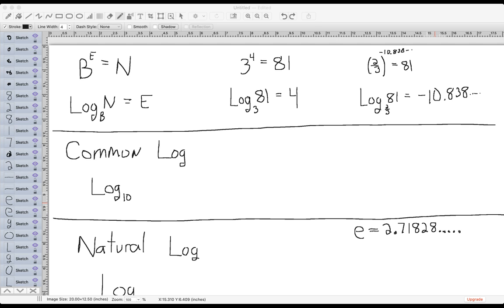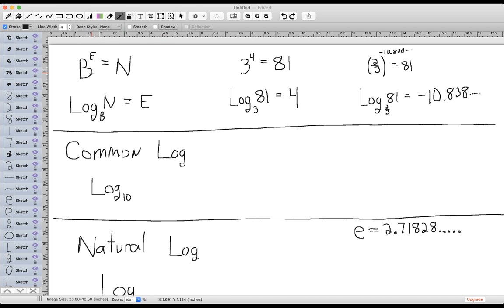Welcome. In this lesson, we are going to talk about two very often used logarithms. One's called the common log, and the other one's called the natural log. Now, what I want to emphasize, though, is every other logarithm. There's infinitely many logarithms with infinitely many bases. So, for instance, I've